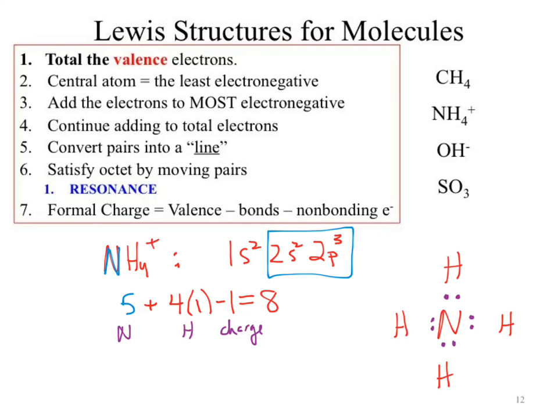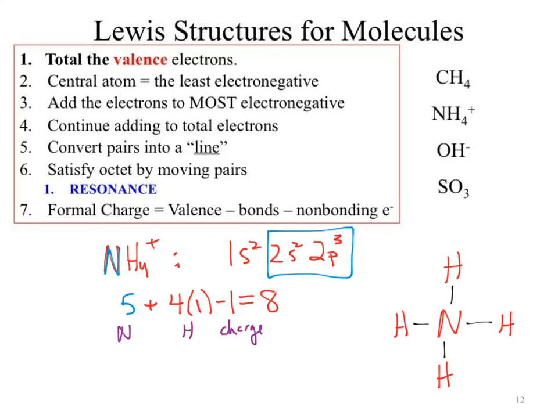If all of the electrons are in, I can't continue to add more electrons. Why? I don't have any. Okay? That's why we totaled the electrons to begin with. Now what we can do is convert any pair into a line to represent a bond. This is why students don't like this method, but it works better than what the textbook says. We erase, make a line. Erase, make a line. Erase, make a line. Erase, make a line. Check our octets.